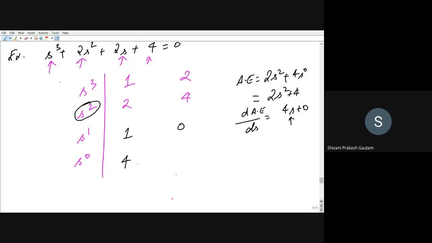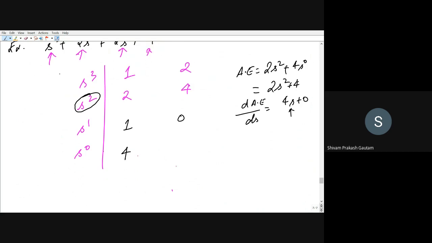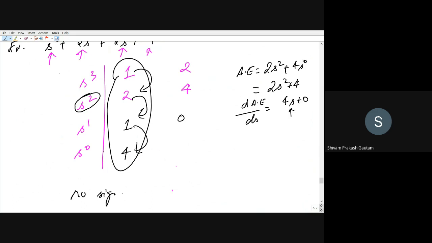Now we have made the Routh table. You have to observe the first column of the Routh table. Again, observe there are no sign changes here, no sign changes here, and no sign changes here. So there are no sign changes, but we have got the row of 0. That means all the terms of a row have become 0. So in this case, the system will be marginally stable.